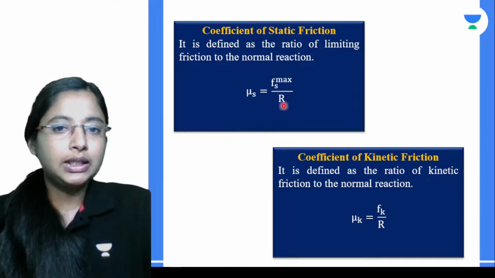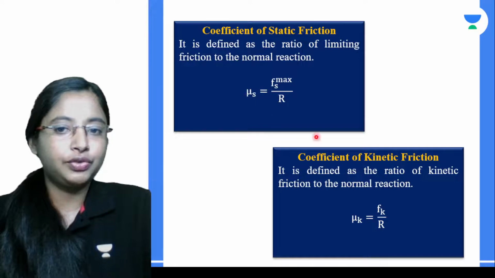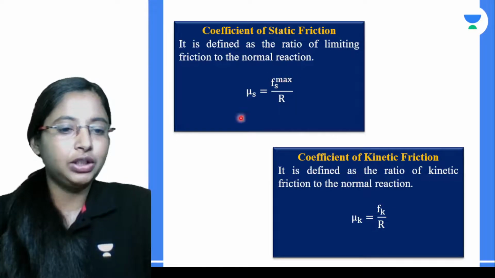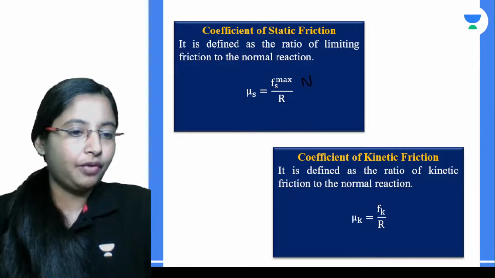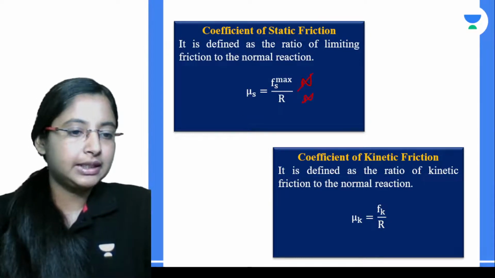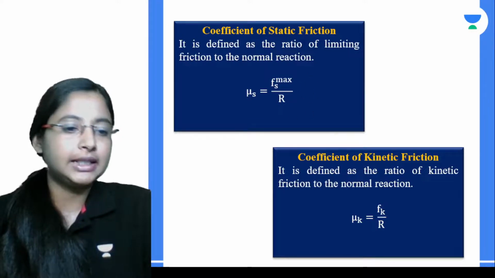Now look at the coefficient of static and kinetic friction. They are a ratio of similar components, right? The unit of limiting friction is Newton, and obviously the normal reaction force is also Newton. So the units get cancelled, so the coefficient of kinetic friction does not have